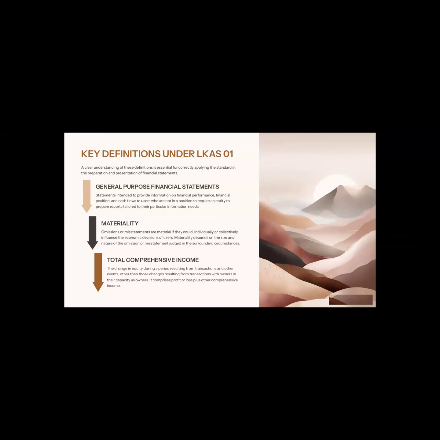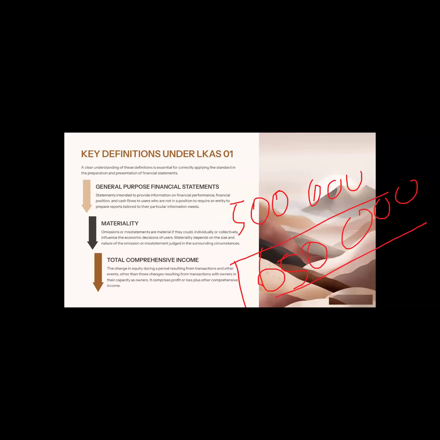How does the revaluation gain come? Now let's say you have a building whose cost is 5 lakh. Now in the current market, you have revalued that. So the revaluation amount is 650,000. Now the value has increased. So in the financial position, you will put it under the non-current assets.